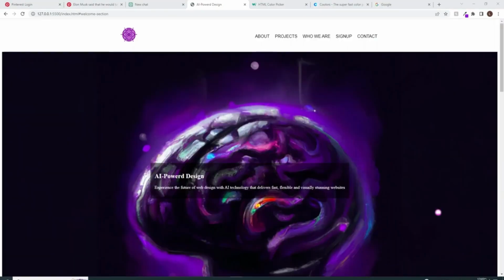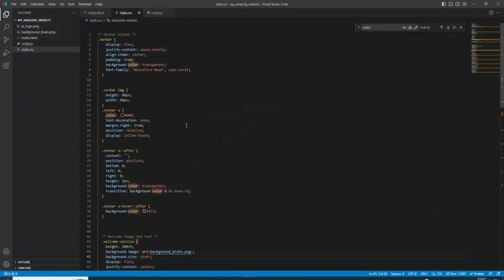Hi everyone, welcome to the next lesson. In this one we are going to continue working on the design of our website. So first we are going to look at color, and how you can become an expert at using color in web design. So if we look at our CSS code, which is of course where we can apply the color to our website,